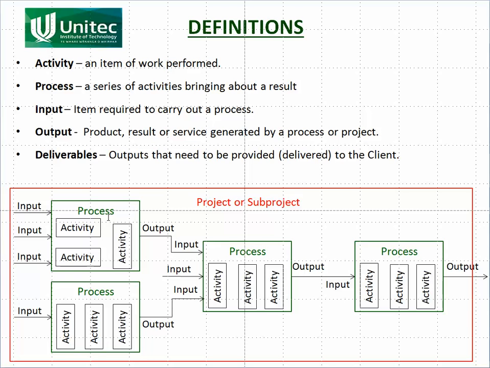The inputs would be what information you've got going into the process. So for example, if we're talking about our geotechnical investigation, it might be that the input was a brief from the client saying, this is what I want you to investigate, these are the things I want you to find out about. That's what the inputs would be. And there might be several inputs. They might also give you a map of the area, which is another input. You might also have a geotechnical map of the area, which is another input. So there's often quite a few inputs into a process. And what you produce at the end of it is an output. So it might be that your output was a geotechnical report. So that's the output. So this might be part of a larger project, which is to do a design.